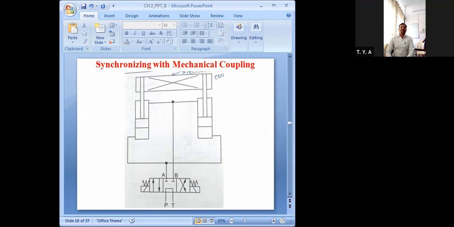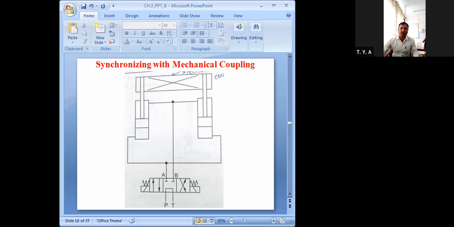Now it is in the closed position. See, if you actuate this direction control valve, that means when this 4x3 direction control valve takes its first position, when it comes to this left end, at that time P will connect to this A, and fluid will pass towards both cylinders. That means this first cylinder, and at the same time fluid will pass to this second cylinder. Getting it? And simultaneously the extension will start.